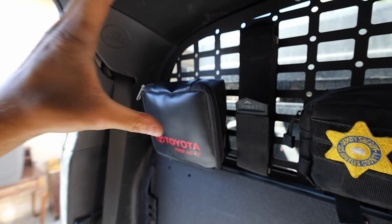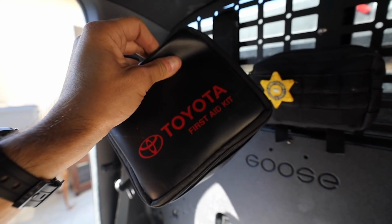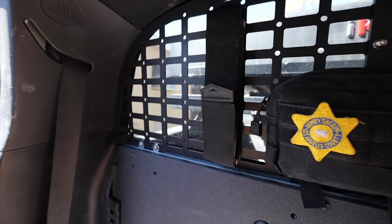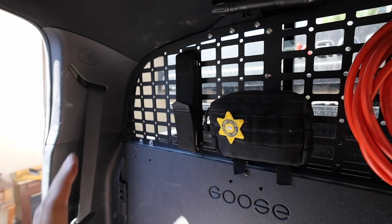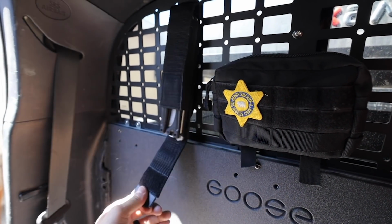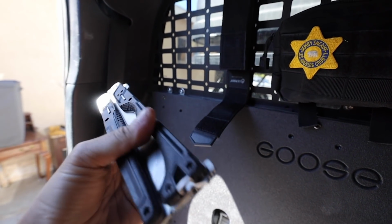This one's just like basically boom, I need it, let's get to business. This is definitely important. I do have a Gerber knife here, and you might be wondering, why is it backwards? Because when you're in a rush, something's going on, and I'm telling you this by experience, it's happened before. You know, you fumble over things. So the fact that it's backwards, it's actually gonna wanna drop, and I can get to whatever I need to